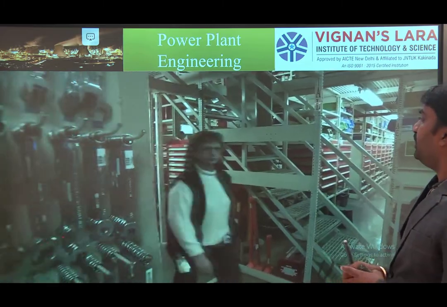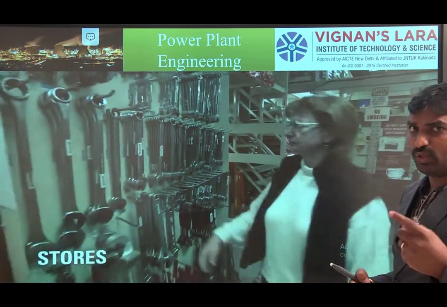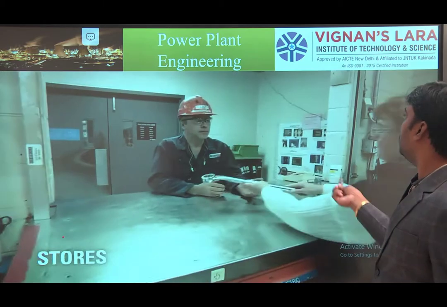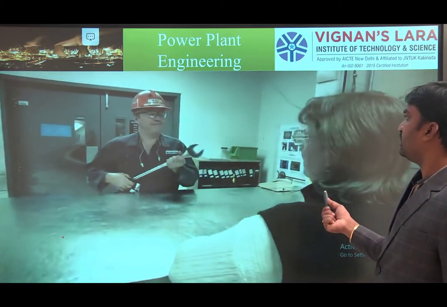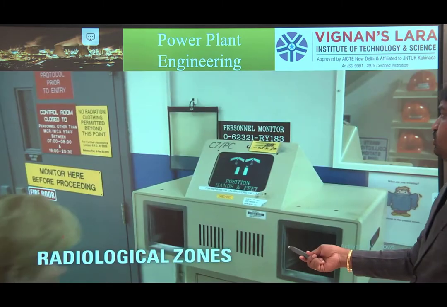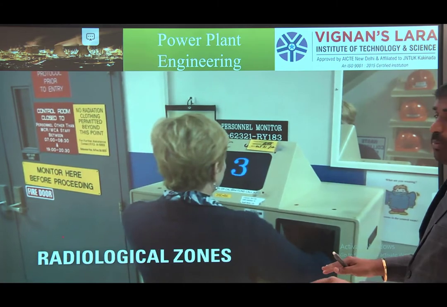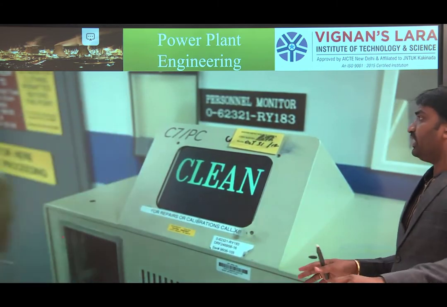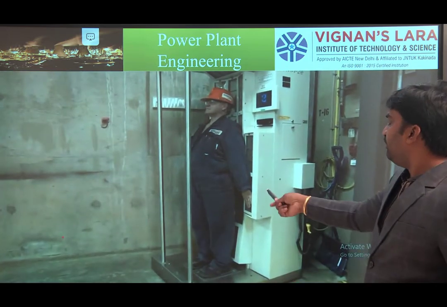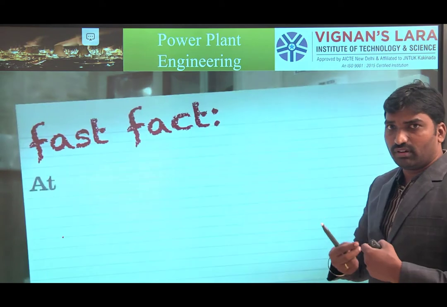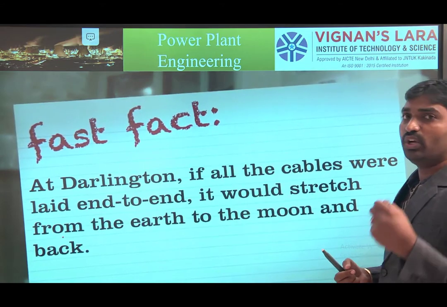You need to control how much fuel flow rate is there. Okay, how much heat energy is released. So these are the stores. We need to take from the store for opening and all the things. So these are radiological zones. Here we clean the components. If you want to be free from radiation, then only you can leave. Okay, and everything is clear here. Because if you touch even one component, it causes health problems.